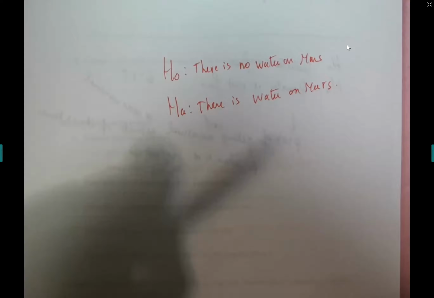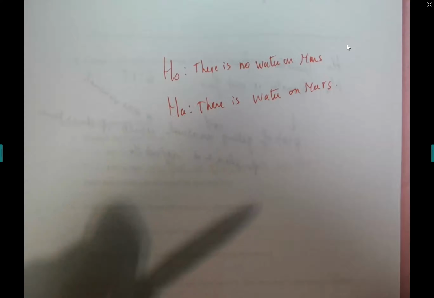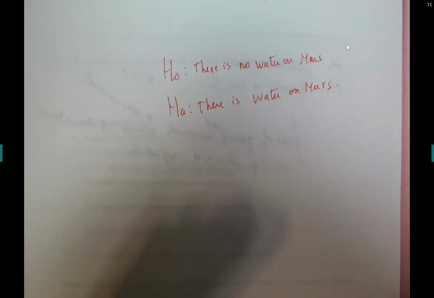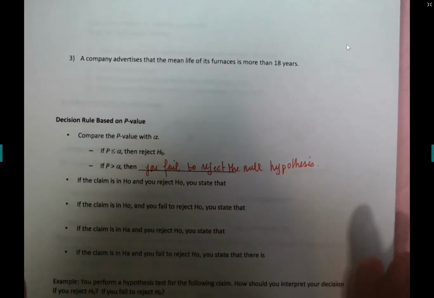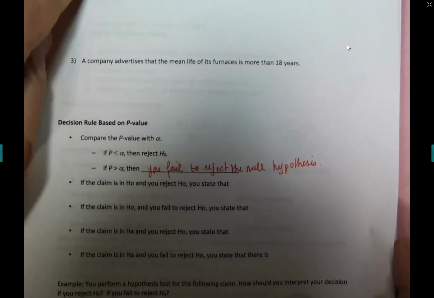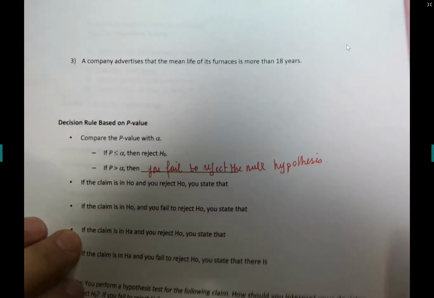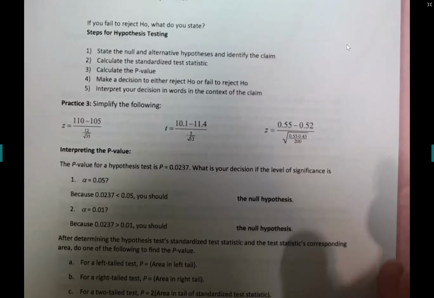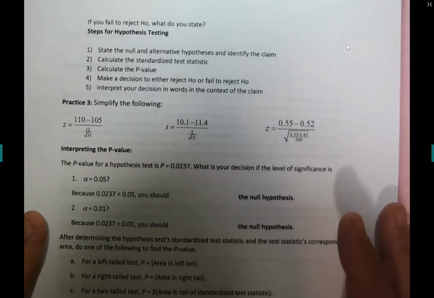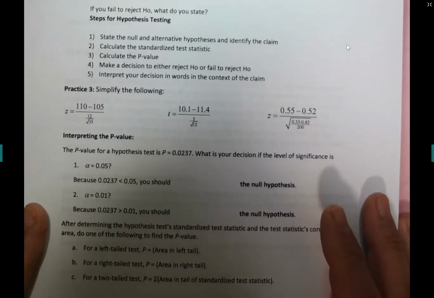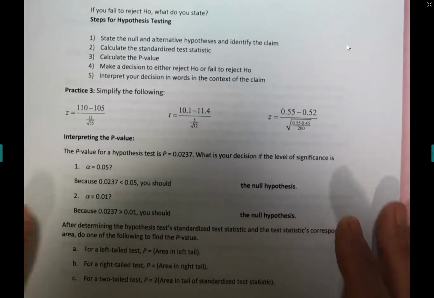So when you say the words, guys, fail to reject the null hypothesis, don't change it to accept the null hypothesis. Just leave it, reject or fail to reject. So this is a language that you need to learn. Okay, I'll come back to those after I start one problem right here and show you how to perform hypothesis testing. Okay, we'll come back to this.